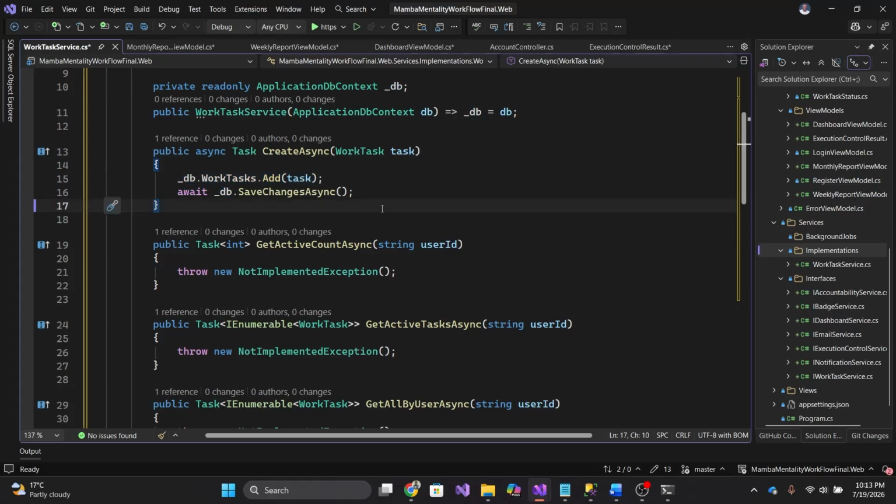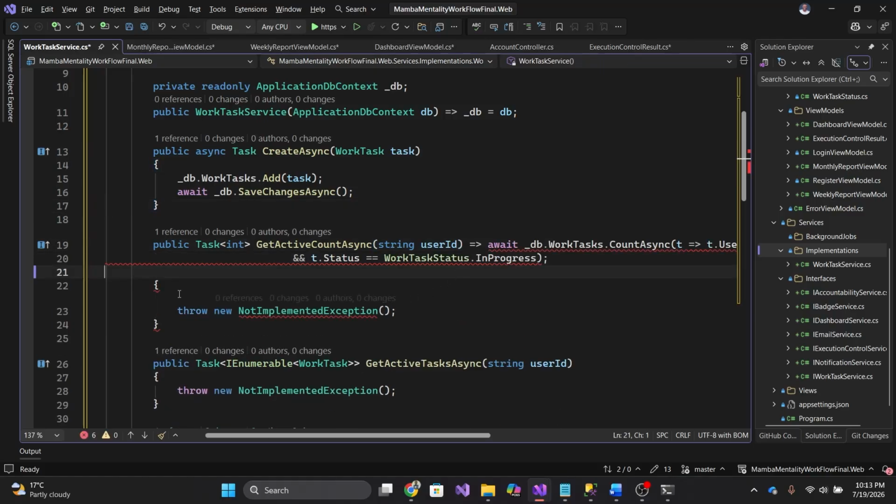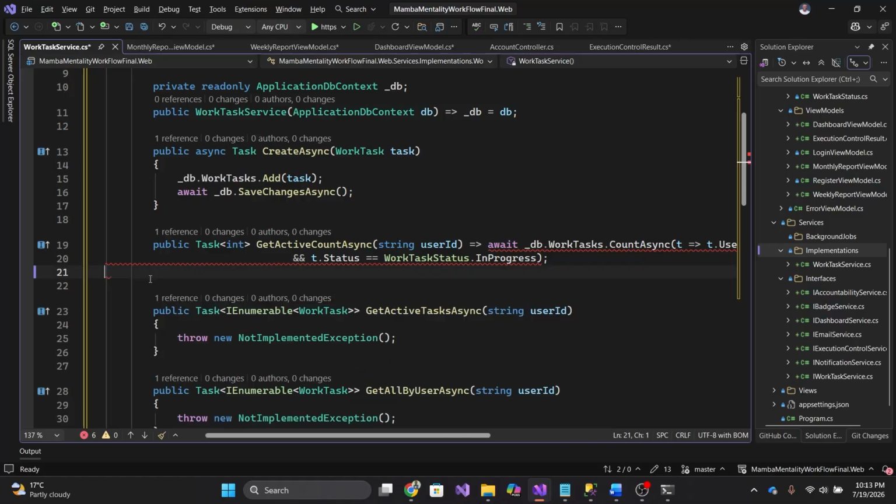All you do is say db.add async. For us to get the active count async, it's also very simple to do. I'm going to use simple terms so that we understand the new features of C# 12. I'm going to remove this. I'm going to put async here. All right. So what are we